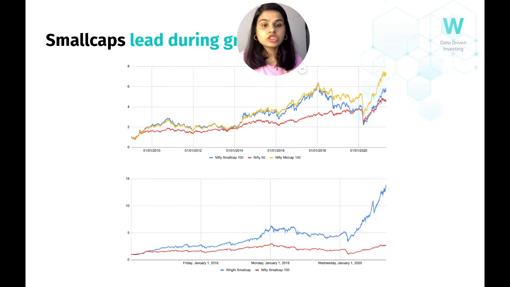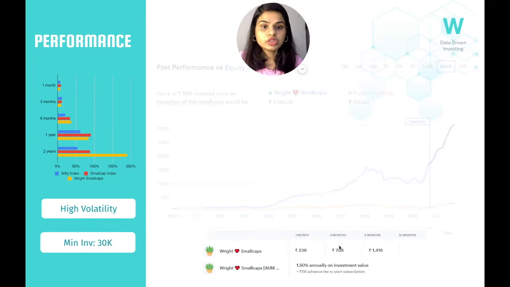During each of these phases, small caps or smaller stocks tend to outperform the larger stocks in a very, very big way, right? So those are the times when you should be investing into small caps, and we actually launched the small caps portfolio specifically in that time in the market because we expect it to do really well because the markets have been strong. So if you also believe that small caps are going to do well, and you want to bet on that high growth, even though there could be risk with these portfolios, small caps is the portfolio that you can invest into.